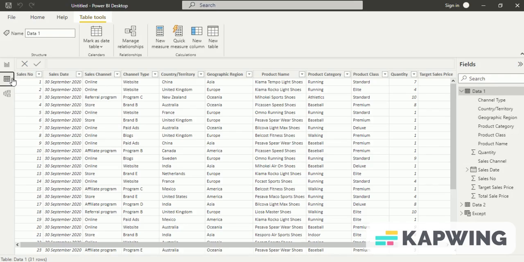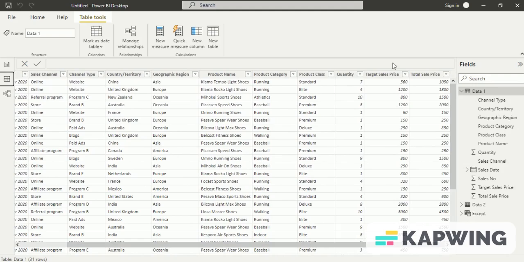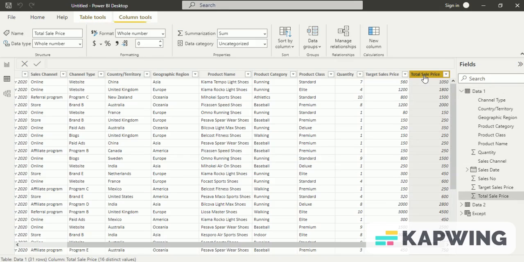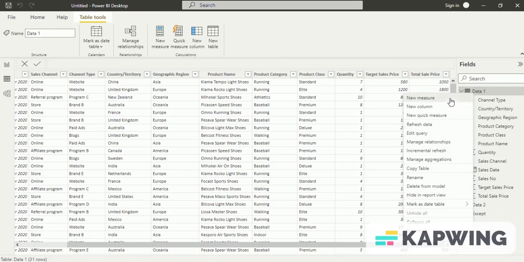So here we have a table. This is the table we have. First let us create a measure for total sales price as sum of sales. Right click, create new measure.